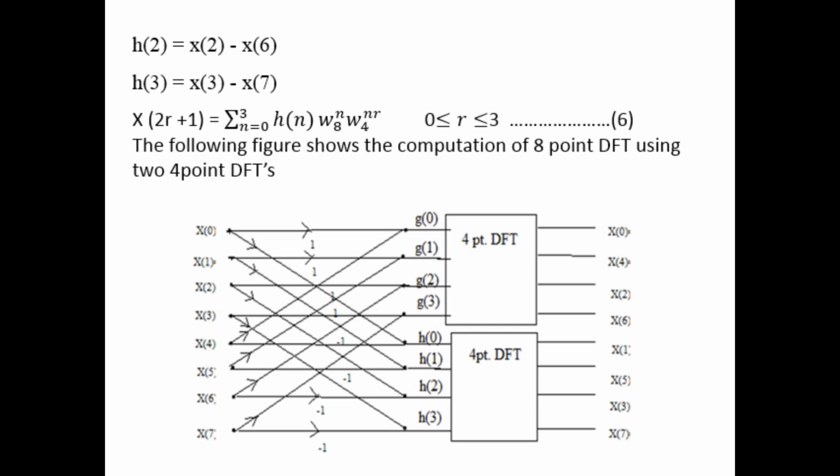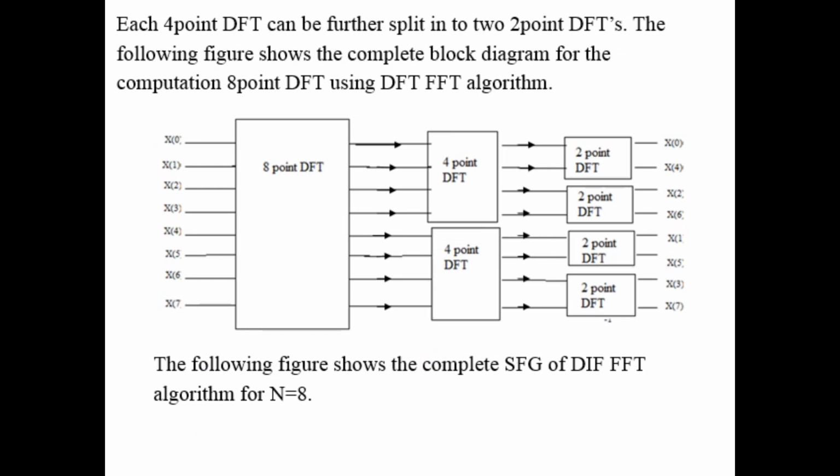Then the following figure shows the computation of 8-point DFT using two 4-point DFTs. So here input is in the normal order and output is in the bit reversed order. Each 4-point DFT can be further split into two 2-point DFTs. The following figure shows a complete block diagram for the computation of 8-point DFT using